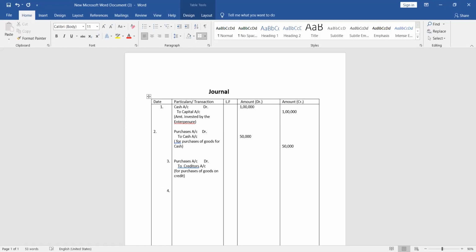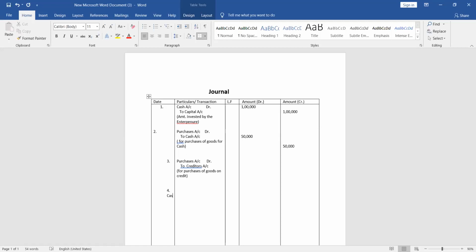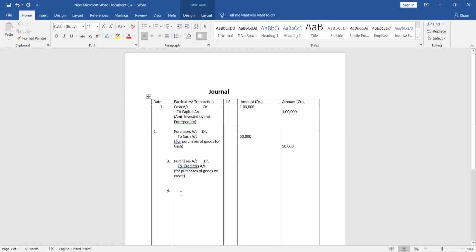The fourth entry can be for the goods sold. Goods sold for cash. The entry will become cash account debit to sales account. Goods are coming in the business here, and goods are going out of the business. So this entry is to be passed for